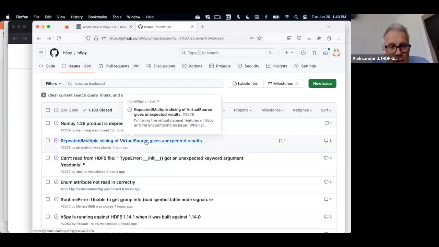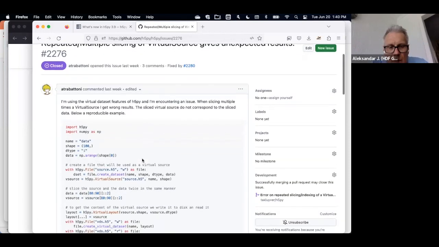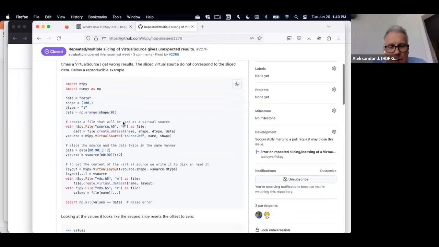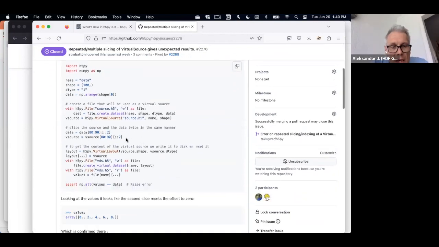Yes, this was a recent one. Someone was trying to do virtual sources and virtual layouts from h5py, and they discovered that they cannot do this kind of stacked slicing one after another, which theoretically you could do as far as Python syntax allows.